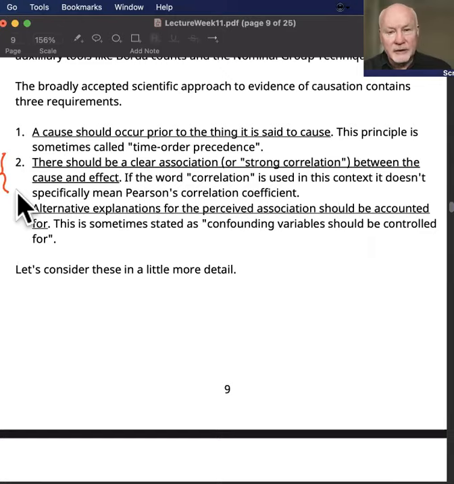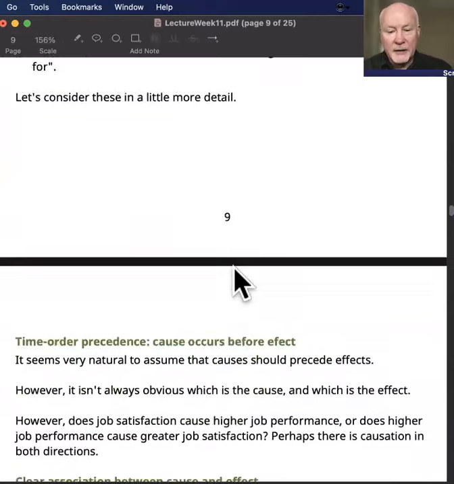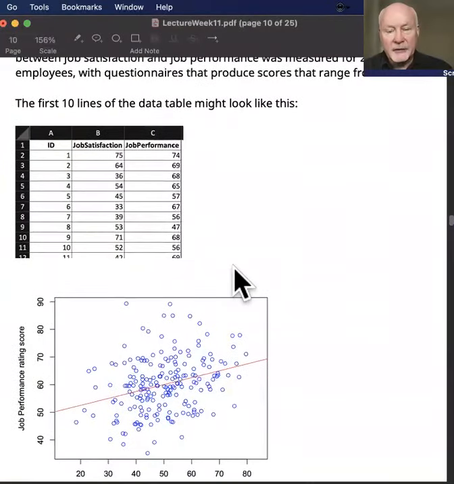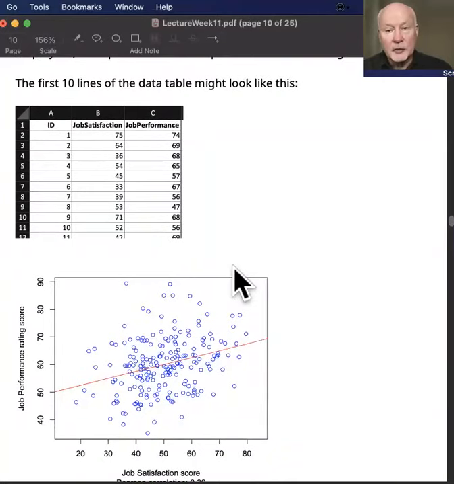the idea that there should be an association or a strong correlation between the cause and effect. So we're going to look at several ways of establishing that. We've already looked at cases where the evidence consists of two quantitative variables,